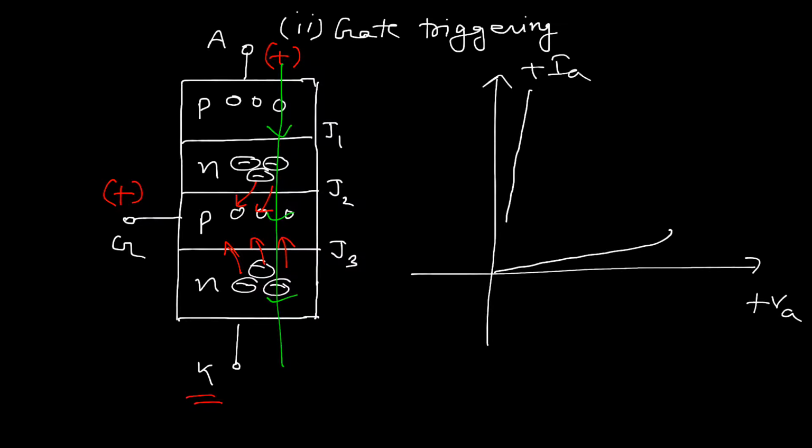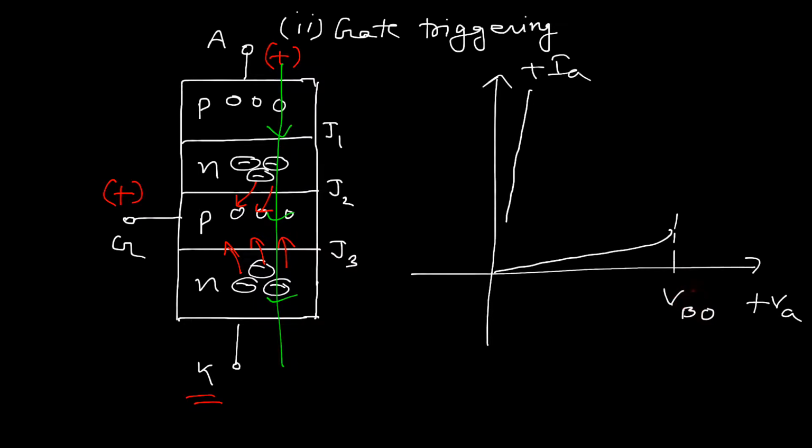That is why we consider the breakover voltage VBO of this SCR where we have not applied the gate signal. But in this gate firing method of turn on process, we apply the gate signal. Suppose without the gate signal the breakover voltage was 800